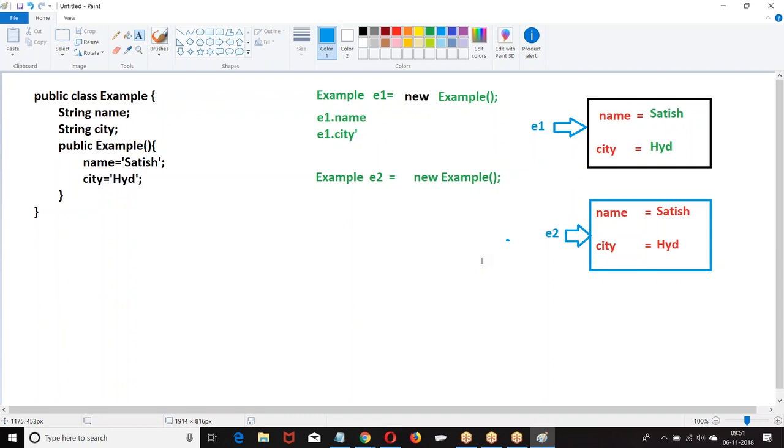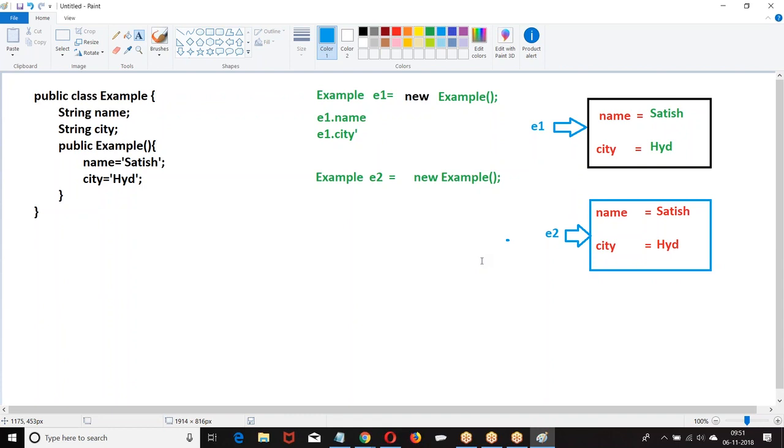What is the difference between reference and primitive? Primitive will store value, reference will store location. Age equal to 10 is a value. E1 equal to new of example is a location.